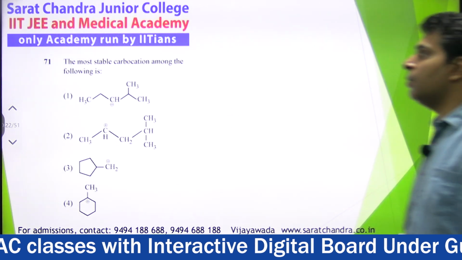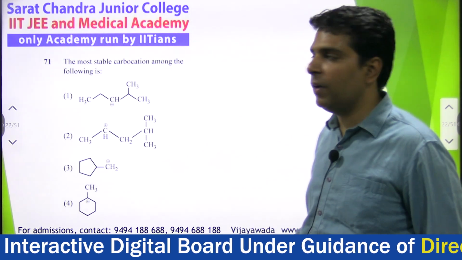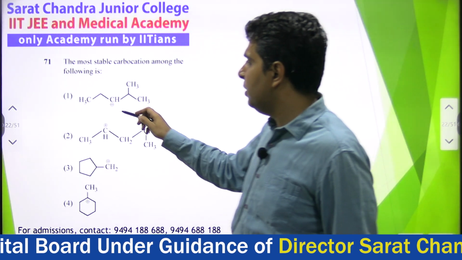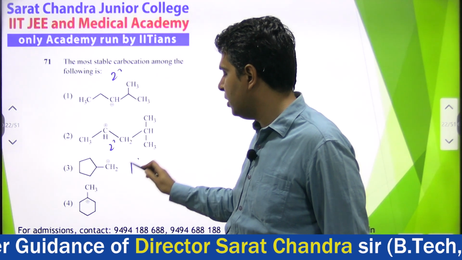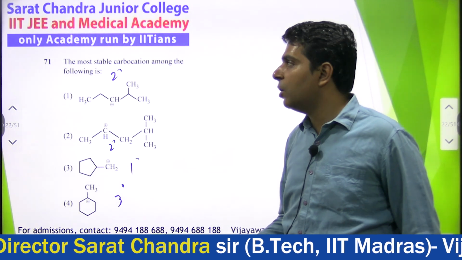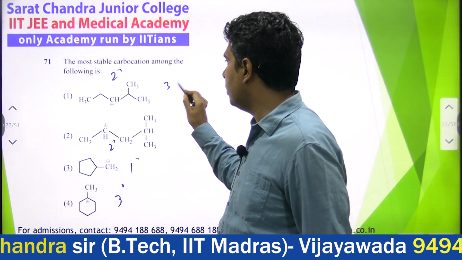Next question. The most stable carbocation among the following. For stability of carbocation, we have to look for the different factors like resonance, then hyperconjugation, then inductive effect. So if you see by inductive effect, this is secondary carbocation, this is also secondary carbocation, this is primary carbocation, this is tertiary carbocation. Now hyperconjugation is a stronger effect. Now if you count the number of alpha hydrogens, 1 over here and 2 over here, total 3 alpha hydrogens